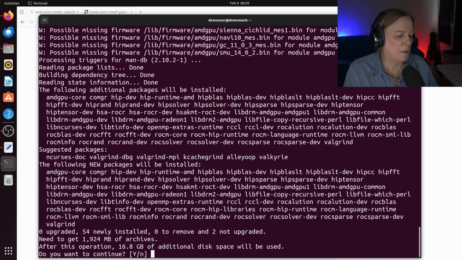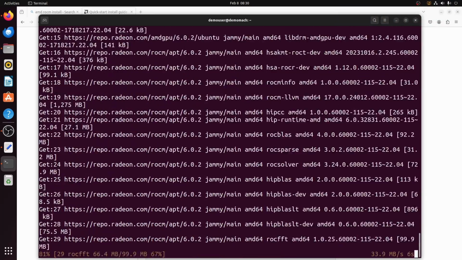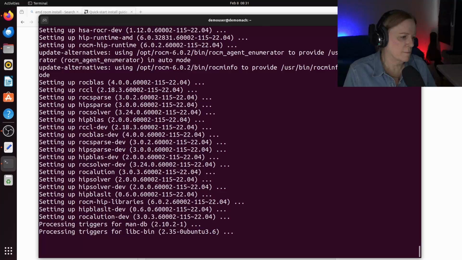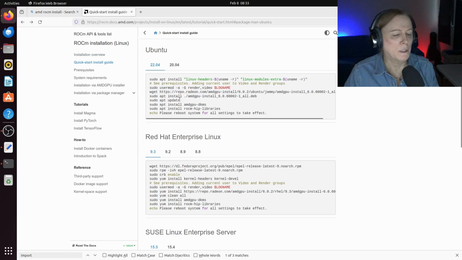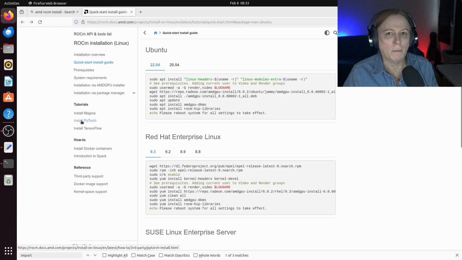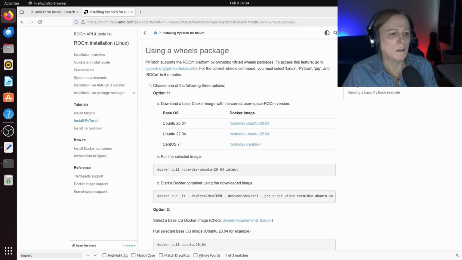I'm going to hit enter here and continue forward. Okay, there we go. I've cleared the terminal window, and I'm going to go back over here to the installation steps. So I'm going to click over here in the left pane on Install PyTorch. I'm going to click on Install using a Wheels package. But instead of following the steps in here, I'm actually going to look at this sentence right here where it